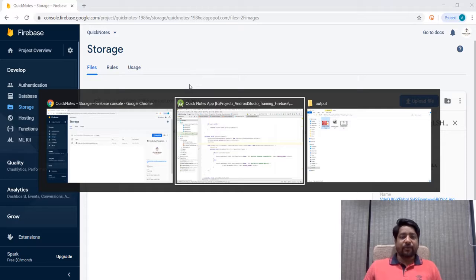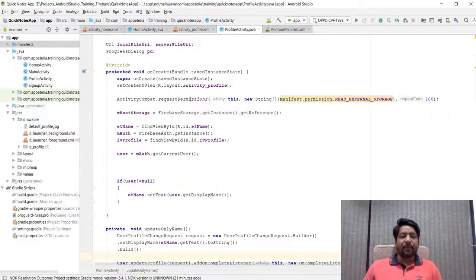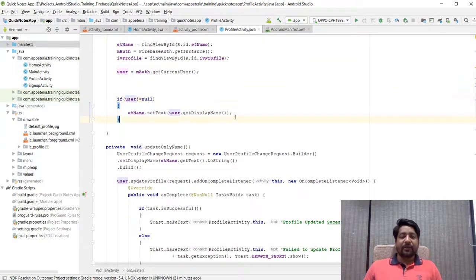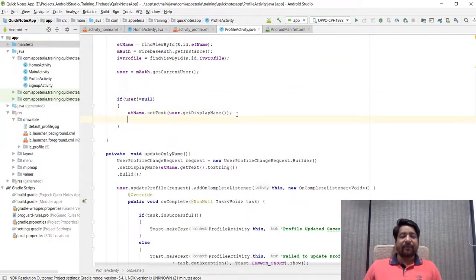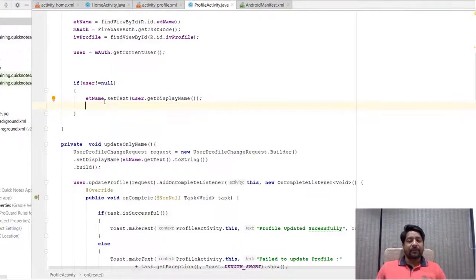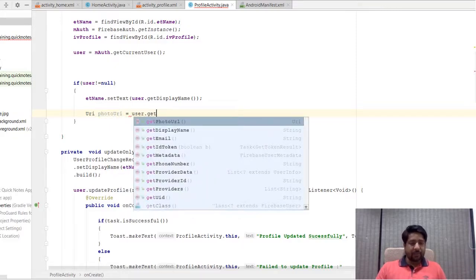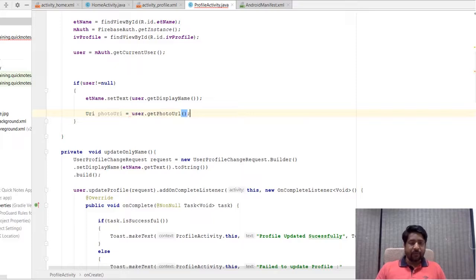And let's go back to the coding, because in the code part we are remaining with one small step, that is if user has already uploaded the image, then we want to show it on the image view. So we will check whether the image is available on the server or not, and then we will set it on the image view, right? So here to get the URI of the server image, we'll say Uri photoUri is equal to user.getPhotoUri. So we will get the URI